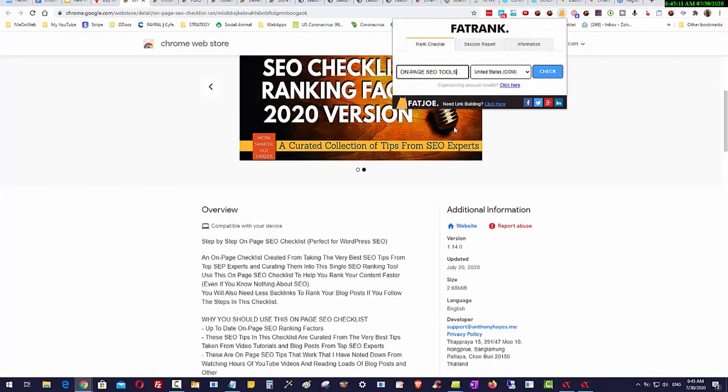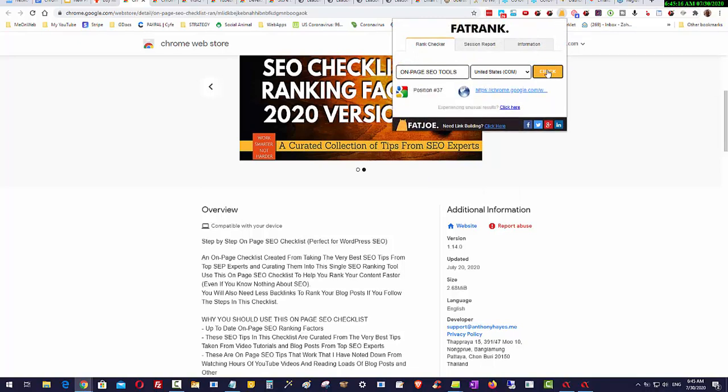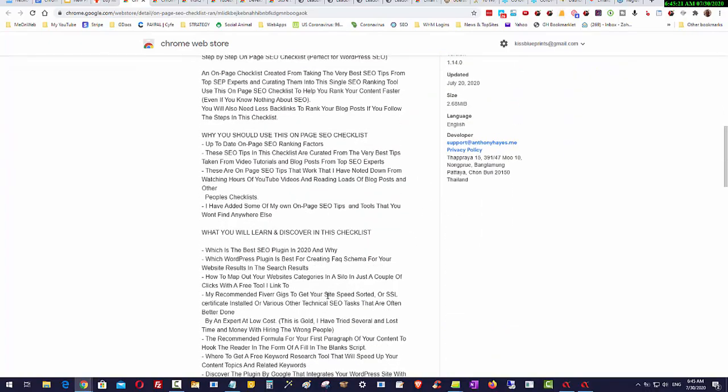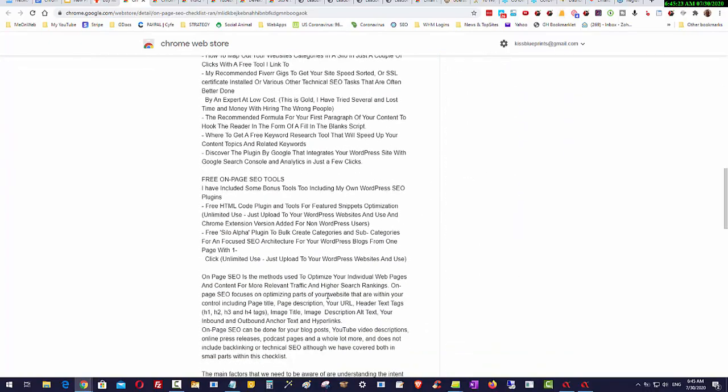Now if I put this in here, on-page SEO tools, click on check, you can see we start to rank. And this is just some very, very basic stuff, all about the on-page SEO for these specific Chrome extension pages. Now the thing with these subsections is, when you understand what they should be, whether it's commonly asked questions or FAQs, or some subtopics,